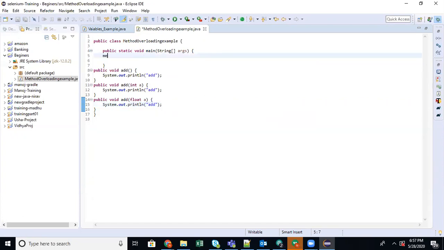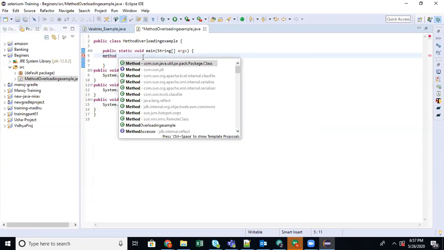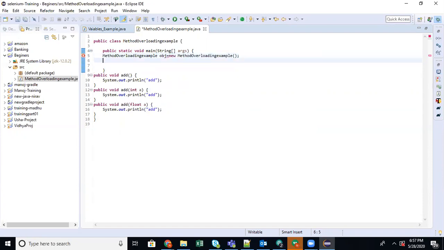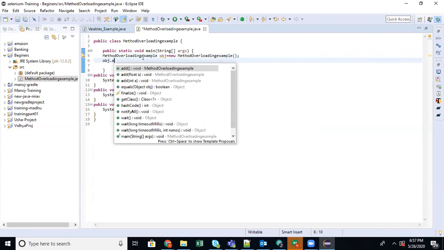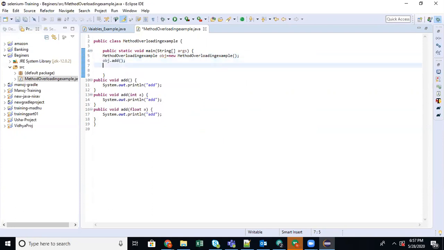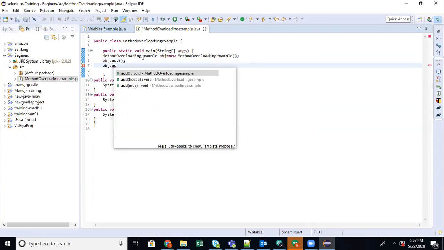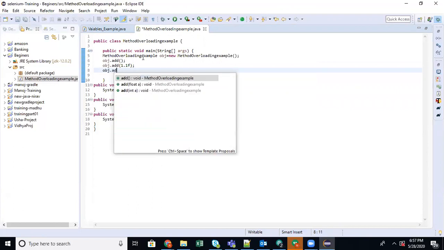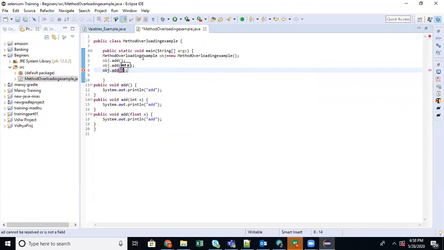This concept is called method overloading, and you can call the particular method by creating an object. You can call obj.add with no arguments, so you need not send anything. obj.add with a float: you have to send some value like a float. Float means a decimal number and should end with f. obj.add with an integer means a normal number. You can also have double. If you are having double, then you can avoid having an f, just give 1.1 decimal numbers.